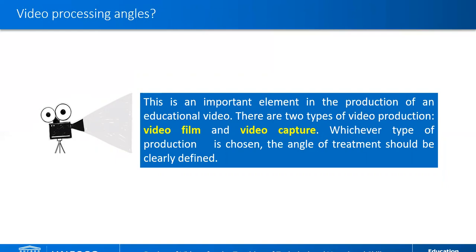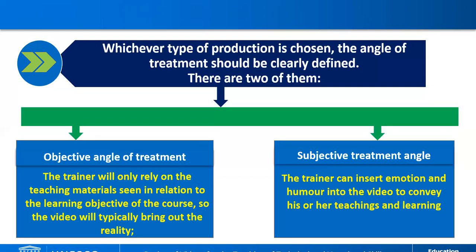Video treatment angles. This is an important element of the production of an educational video. There are two types of video production, including video film and video capture. Whichever type of production is chosen, the angle of treatment should be clearly defined. There are two types of angle of treatment. The first is the objective angle of treatment,